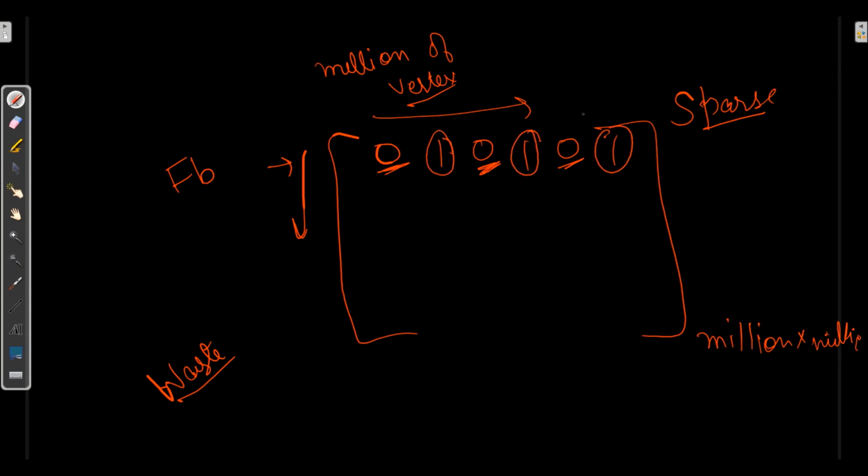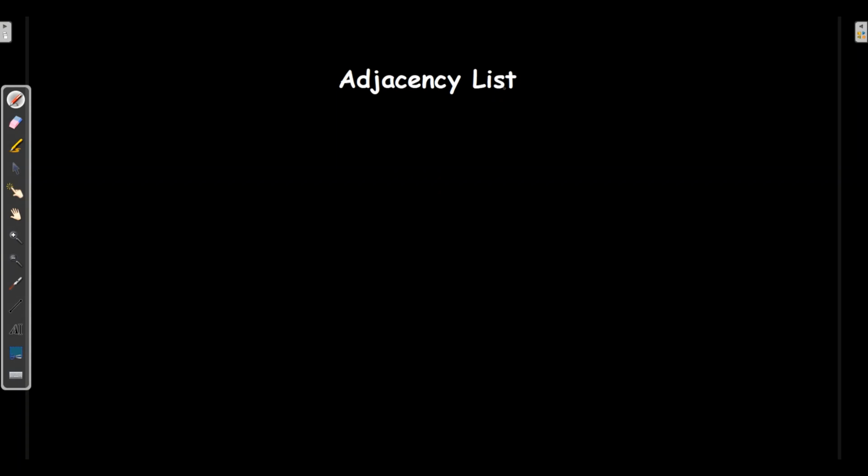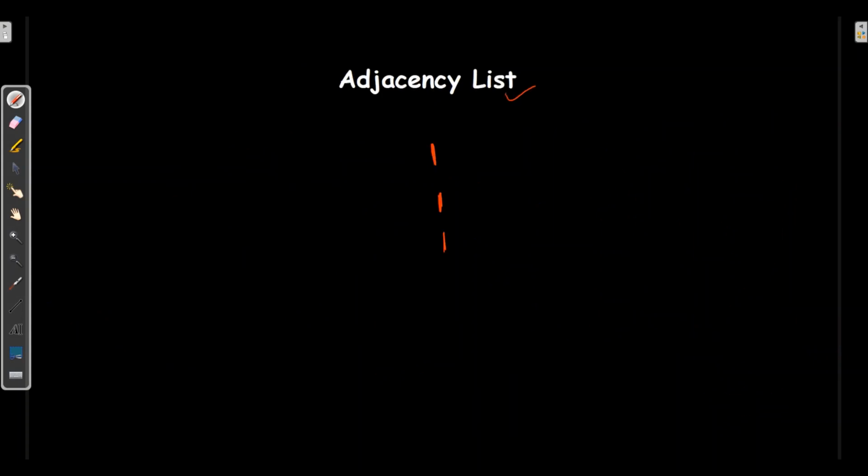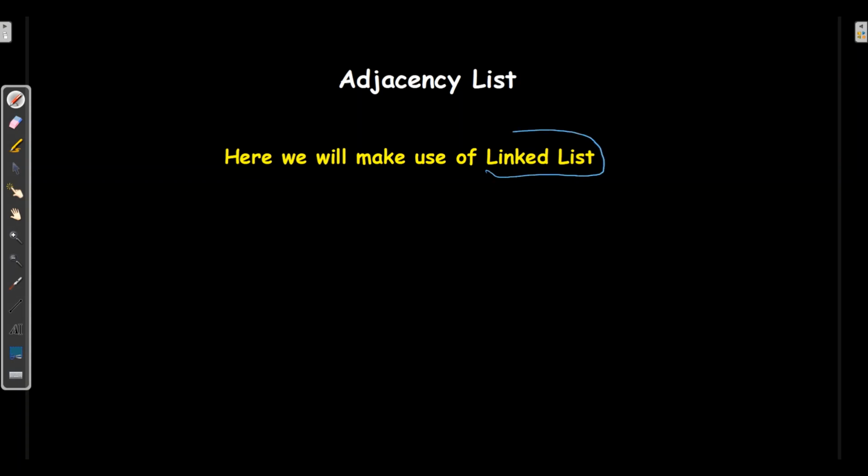Now, so as to make this dense, we need to make use of adjacency list, where we will have the data just where we have 1, not these 0 values. So we will make use of adjacency list, where we will make use of linked list.